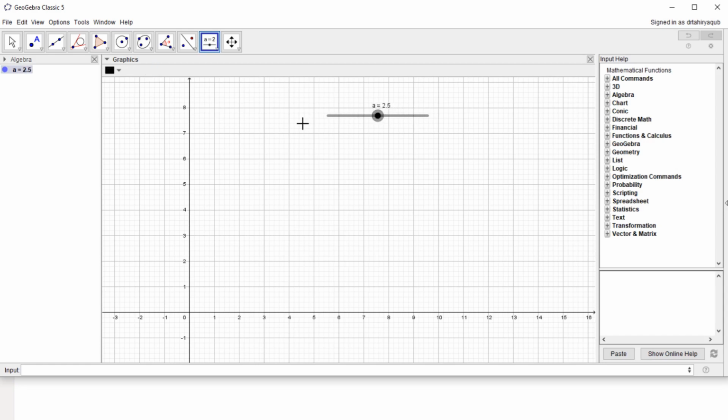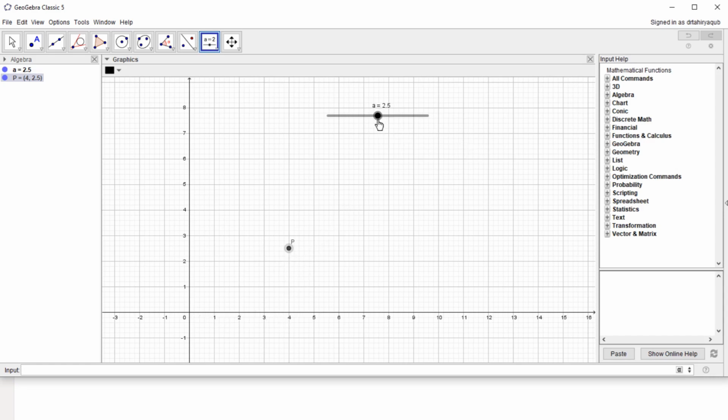So for example, I want to have another variable which is dependent on a, and as a math teacher you know that if you want to draw a point you need two coordinates. So let us say that P is a point and you should take capital P, and this P is equal to, there are two coordinates x and y. Assume that the x coordinate of P is 4, but the y coordinate of P is a, which is changing. And now if I press enter, this P will be drawn here based on the current value of this a, 2.5. So as you can see, the y coordinate of this P is 2.5. Now the x coordinate of this P is 4.